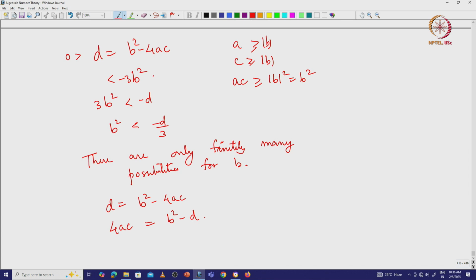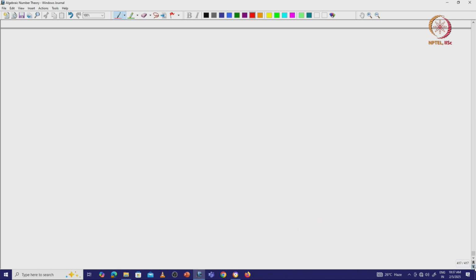So, this has only finitely many factors, so this has only finitely many solutions, right. So, that is how you get that there are only finitely many reduced binary quadratic forms of a given